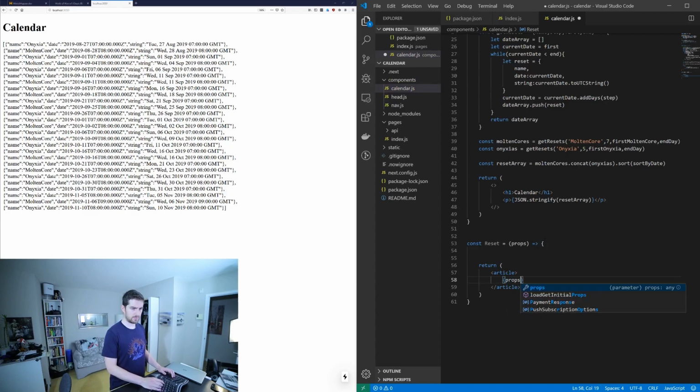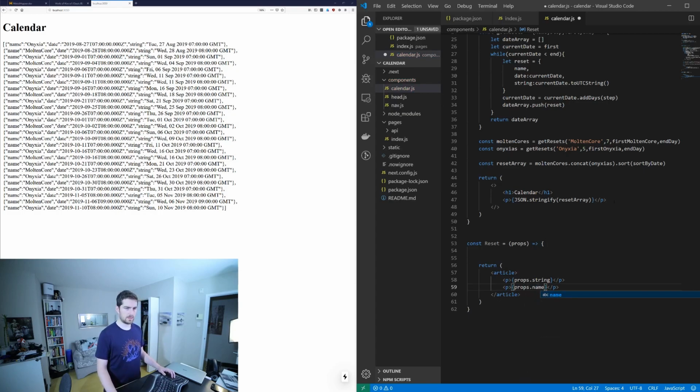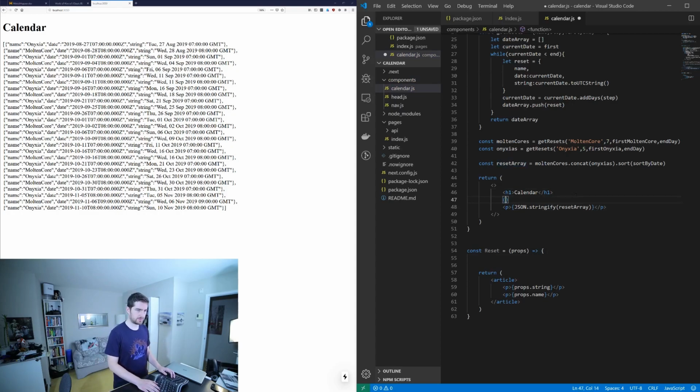I'm going to prompt, let's say we're going to say paragraphs. This one is going to be props dot string, another paragraph props dot name,